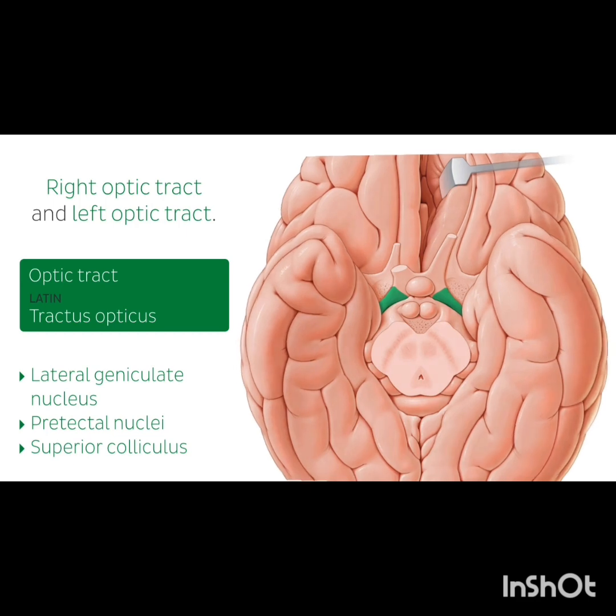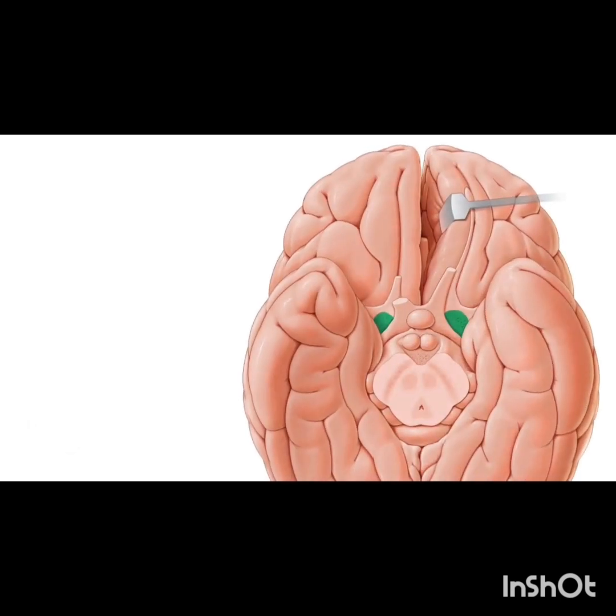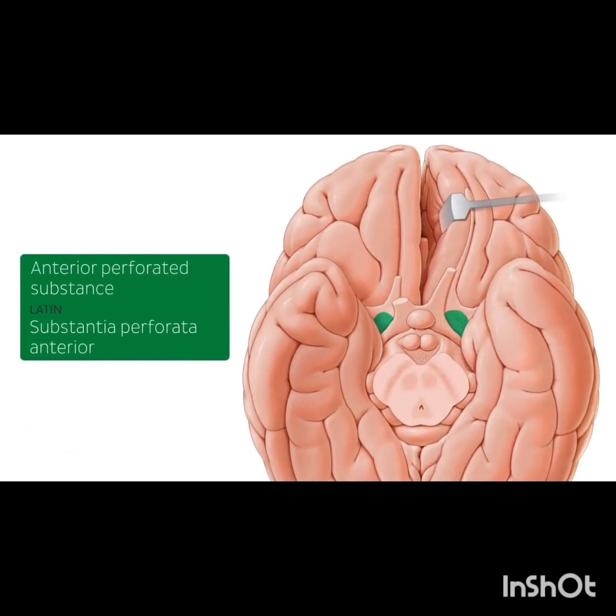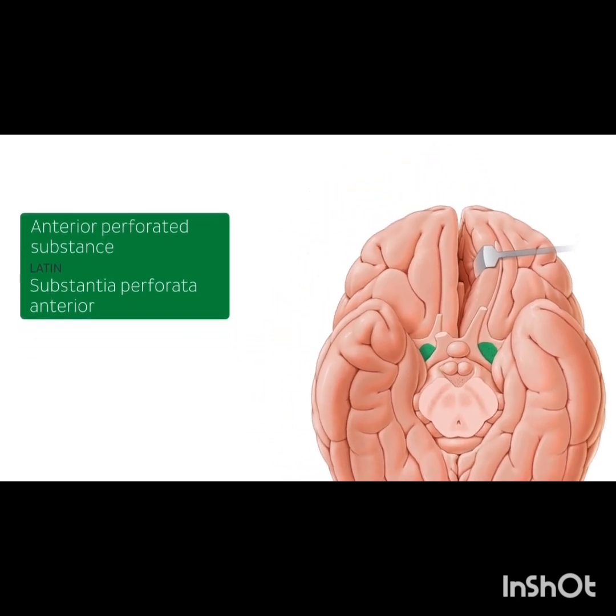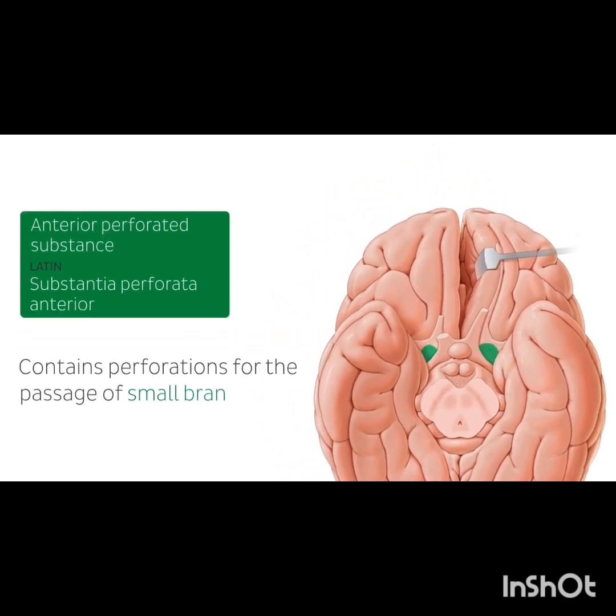The next structure we're going to be highlighting is known as the anterior perforated substance. Lateral to the optic chiasm and posterior to the olfactory trigone, we see this area here highlighted in green, which is the anterior perforated substance. This is what we call it, and it contains perforations for the passage of small branches of the anterior and